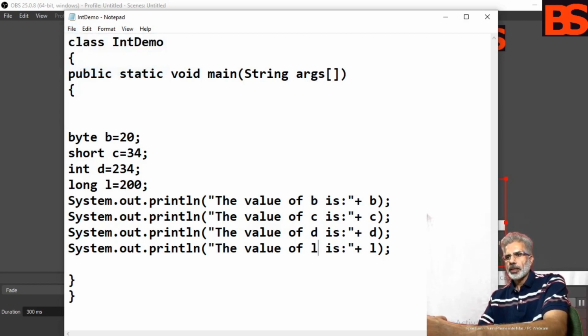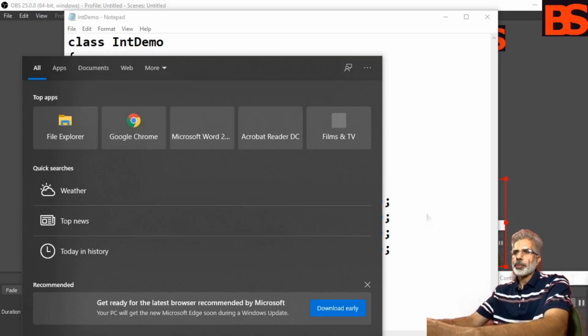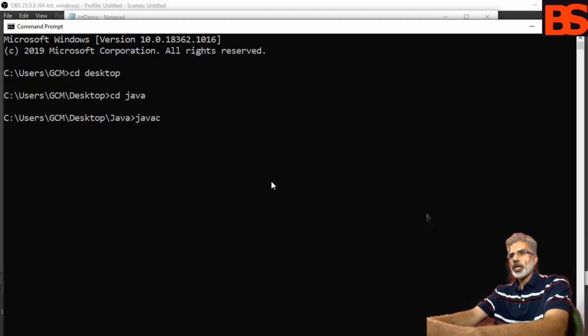Go to CMD command prompt, and I want to show you the output of this program. Here you can use the Java compiler, javac, then the name of the source file.